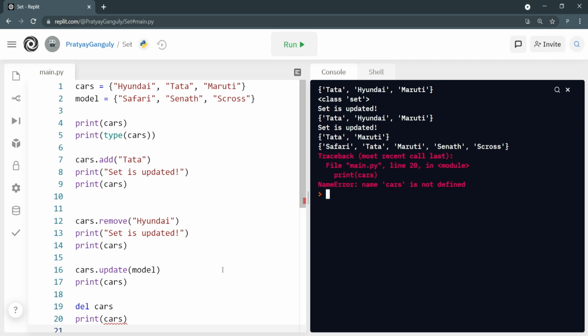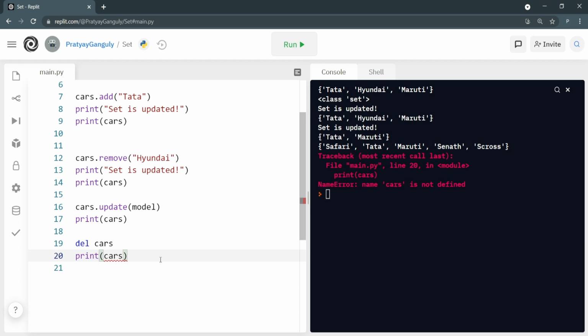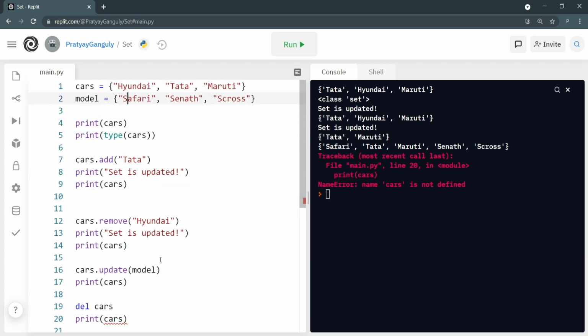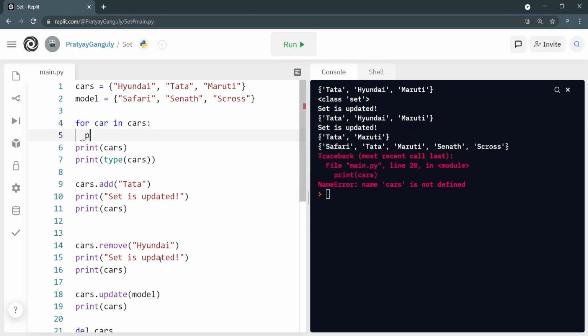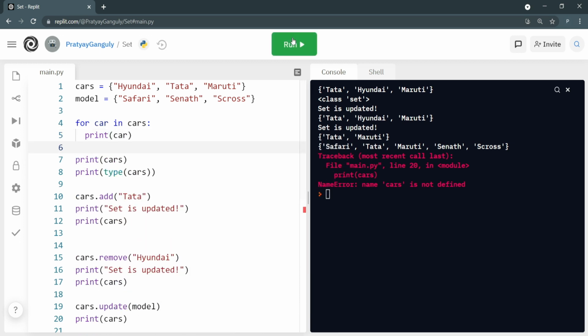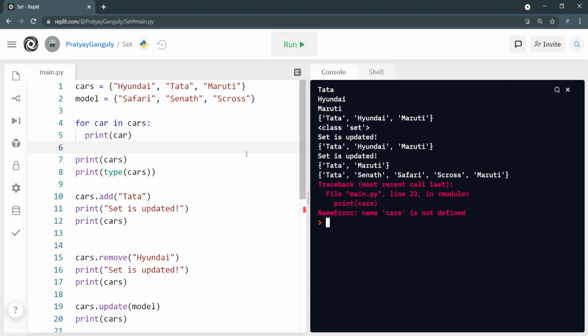One thing, iteration. Do I need to show you? The iteration is somewhat similar to what you have seen in lists. So I can write here for car in cards, and then I can print car. I can iterate through the set. So it's pretty easy, right? Okay, so here it is. One more thing that you have to take into account,